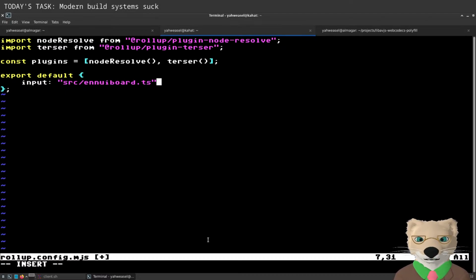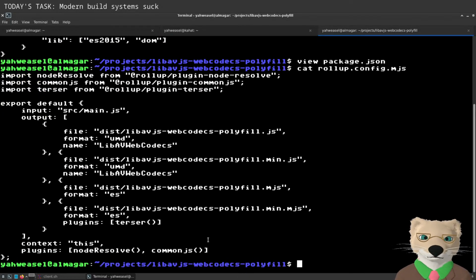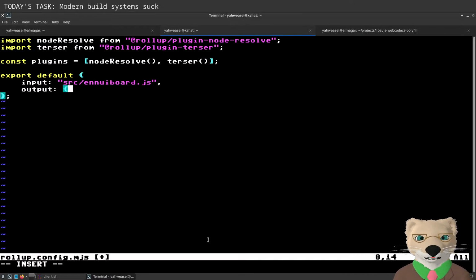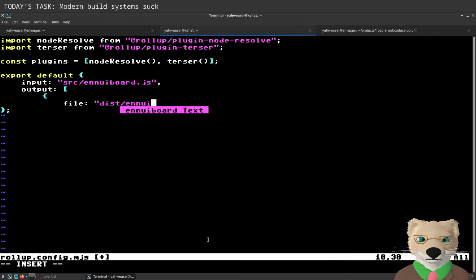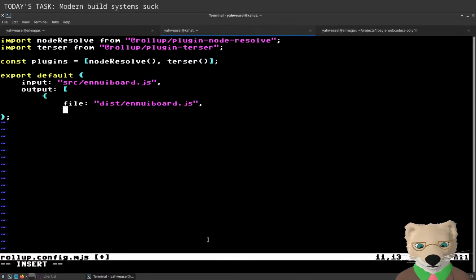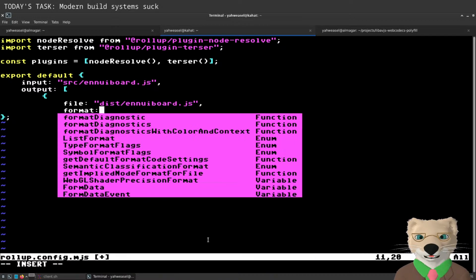I cannot type. Well, the reason I can't type is because none of these words mean anything. The output. So I have several, but very similar to that. So the one that's just named OnWiiboard.js is going to be...